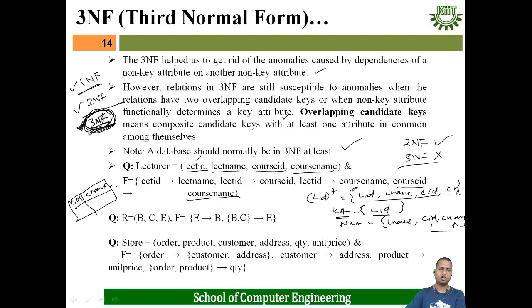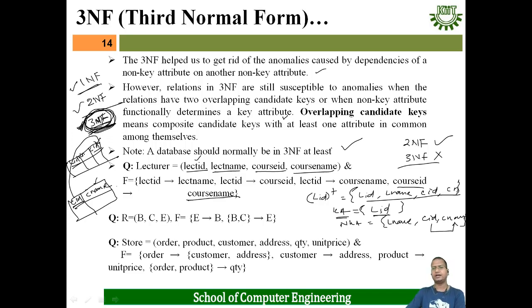Okay. In the other table, except the course name, all other attributes will be there. That means lecture ID, lecture name, and course ID. These three attributes are present in the other table. Then this course ID will be your primary key here, and course ID will be the foreign key for this table, and lecture ID and course ID become the primary key for this table. In this way, we can convert a non-3NF relation to 3NF relation.